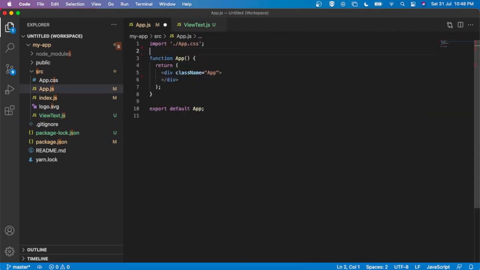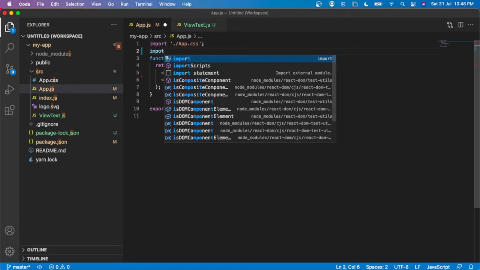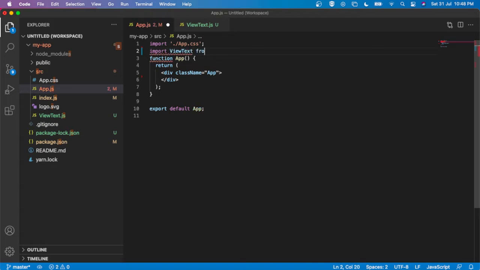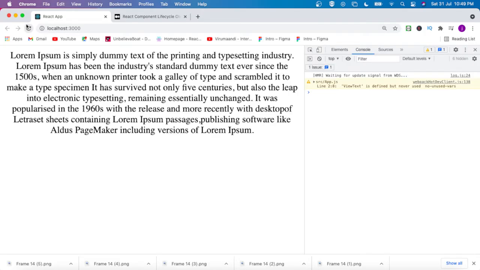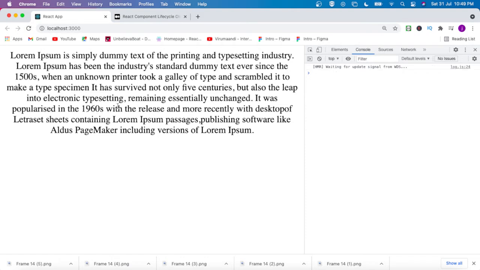So I'm going to import it here, import view text from view text. Now try to refresh. Let's see, the component is mounted. I can see the UI here, whatever I added in the div.